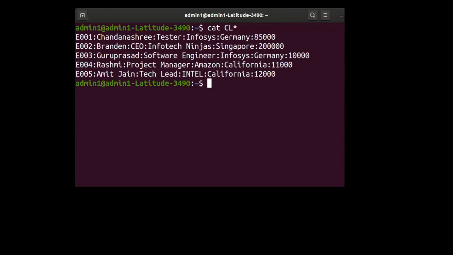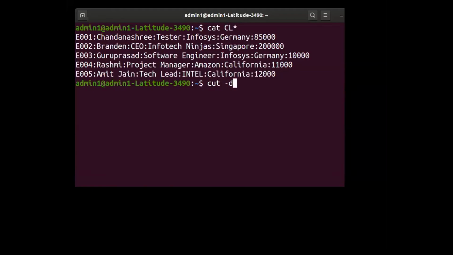So the question is display names of all the employees. Now watch out. You have already seen the syntax of the cut command. Now I'll convert that syntax into an equivalent example. Cut. Got it? Slowly, there is no urgency. Afterwards, when you have a doubt, post the question in the chat box. Cut is a command. Parallelly, have a look at the syntax. Minus d stands for delimiter.